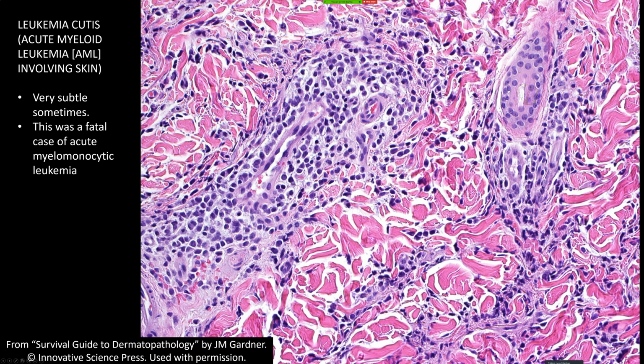And again, if you struggle with that and you're starting out, it is subtle. And that's why I show this, because it can be very subtle sometimes. So when I see larger cells in the dermis, I always want to know what those are. There's plenty of benign reasons to have scattered large cells, or even some larger cells around vessels. You can have histiocytes, you can have reactive lymphocytes, immunoblasts, the CD30 positive reactive T and B cells like I